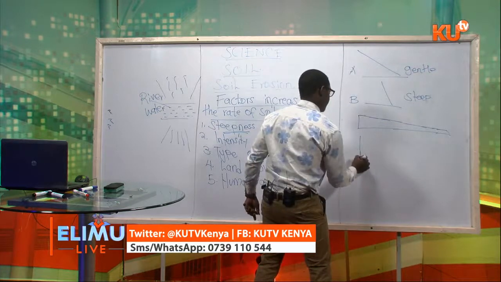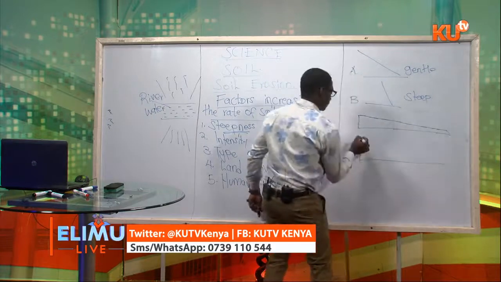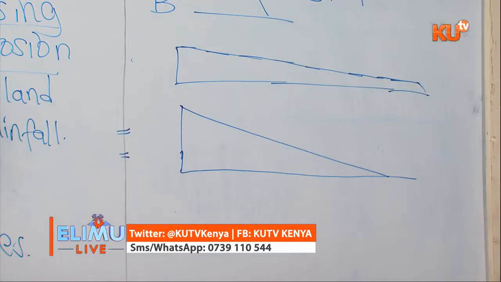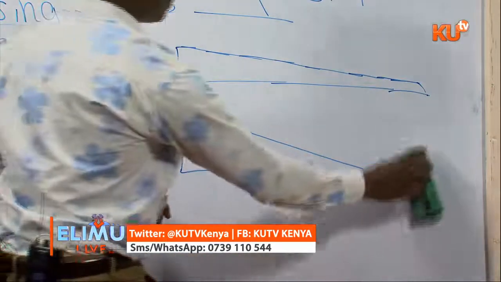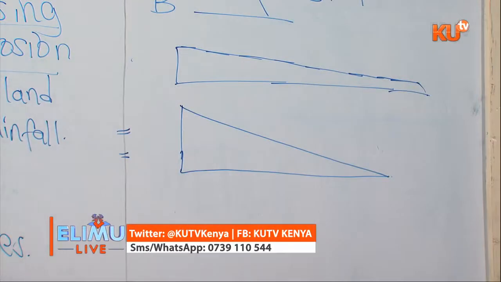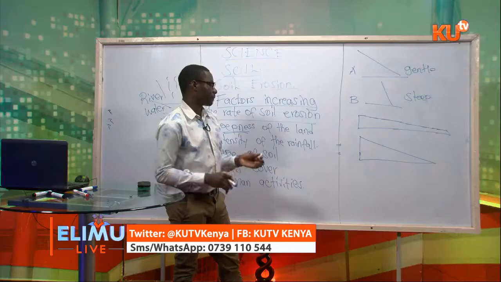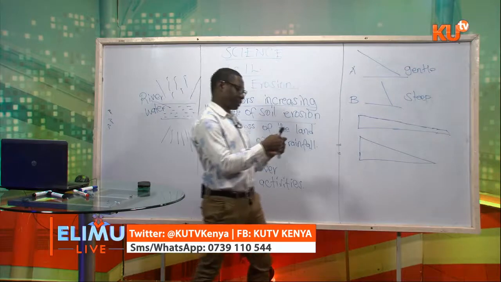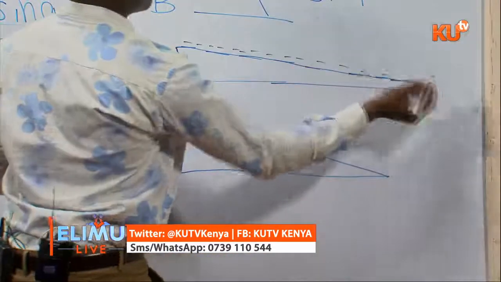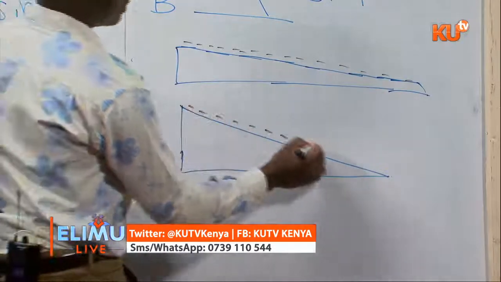Then we have this other type of land, and it's very steep. If water starts to flow, this is common sense, so let's say we pour water at this part. So when we pour water here, and we pour water here,